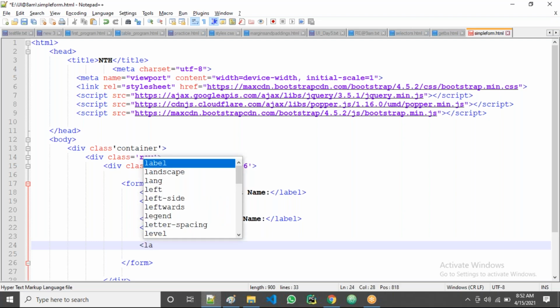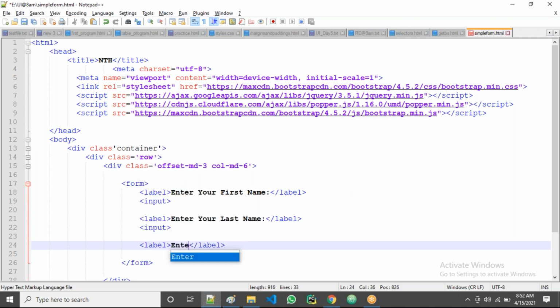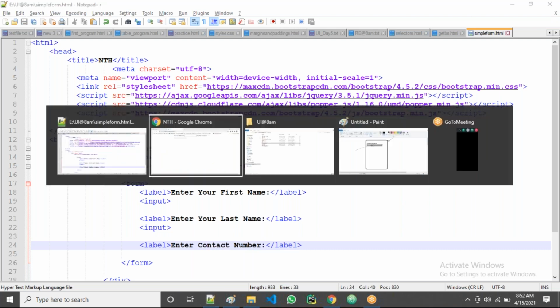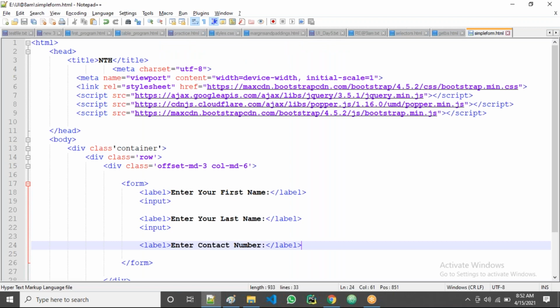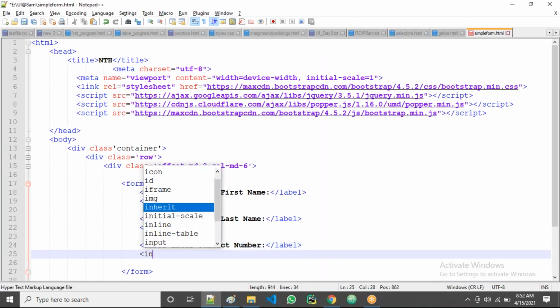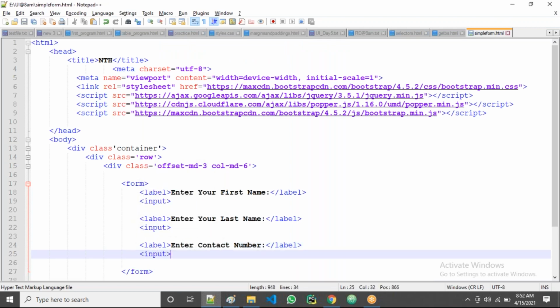Again, I'll take the label. I'll take now enter contact number, guys. Yes, I save this one. Let's go there. Let's refresh here. It came, an input box. Now I'll take the input box for that one, guys. Save this one.